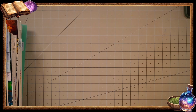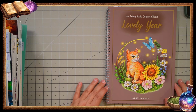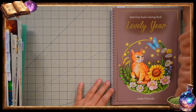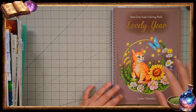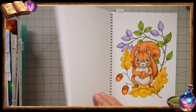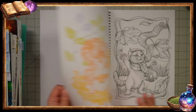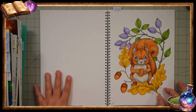All right, next question. My most recent page I have completed. Well, that has to be this one. This is a Lovely Year by Lenko Filonenko, and I colored this page on my live stream. Every Sunday I stream from 8 Central European time, and I did this cutie. This was actually a quick color. I based it with alcohol markers, yes, because this is a great book, single-sided, good paper,